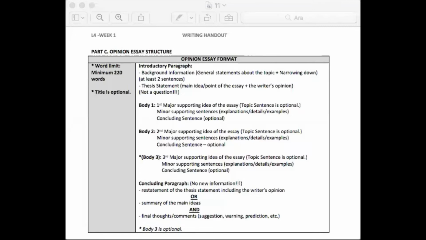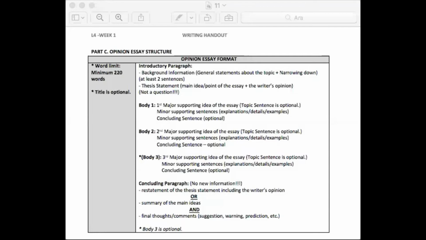Well, in order to give background information to the reader, there should be at least 2 sentences which include general statements about the topic, and these sentences should lead the reader from a general idea to a very specific one. And we call it narrowing down. After that,